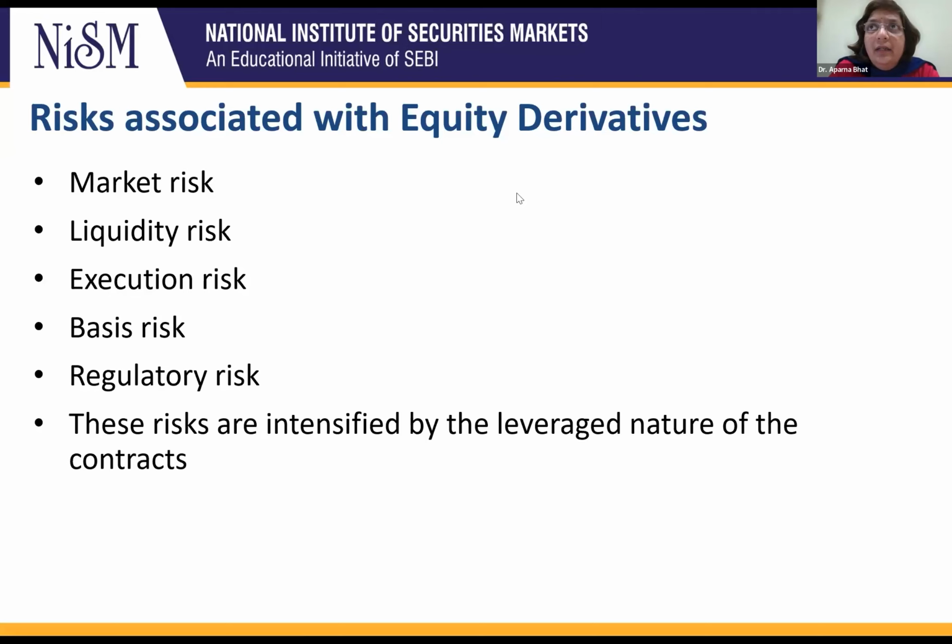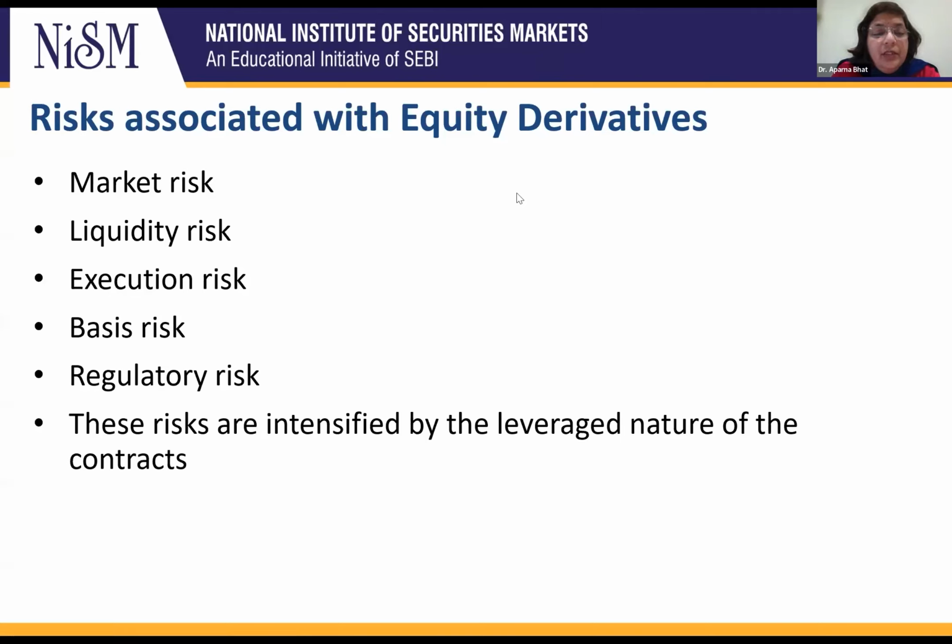And the second risk is something called liquidity risk. Now, what is this liquidity risk? I said earlier that these equity derivatives are extremely liquid, and so there is no problem trading them. But sometimes it is quite possible that the trading might just dry up. The volumes may dry up in that particular contract. And if you have bought it and you are unable to sell it to somebody else, then you are stuck with that contract. You are not able to get out of your position. So that is liquidity risk.